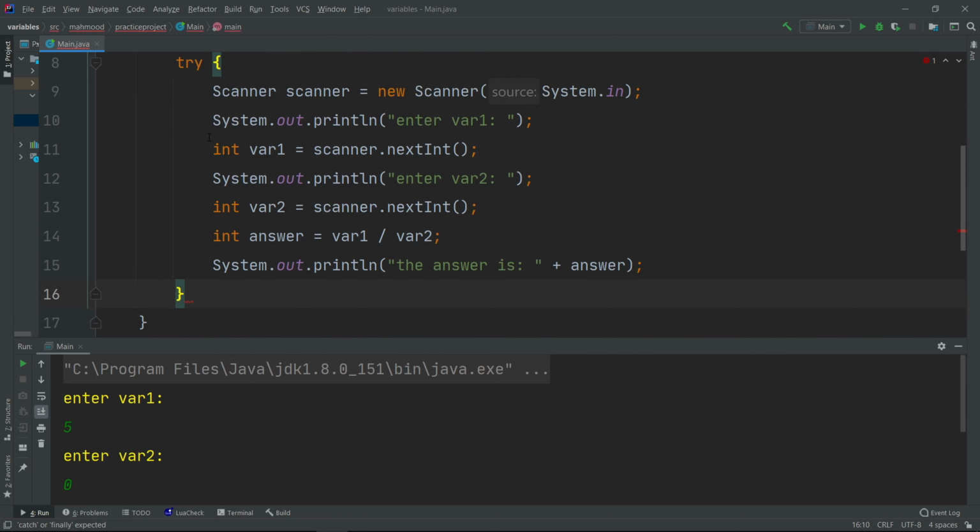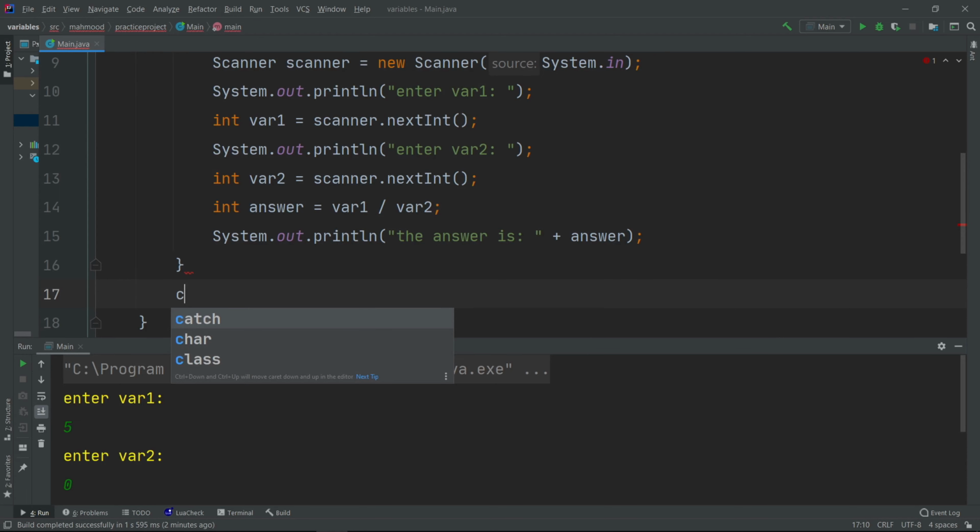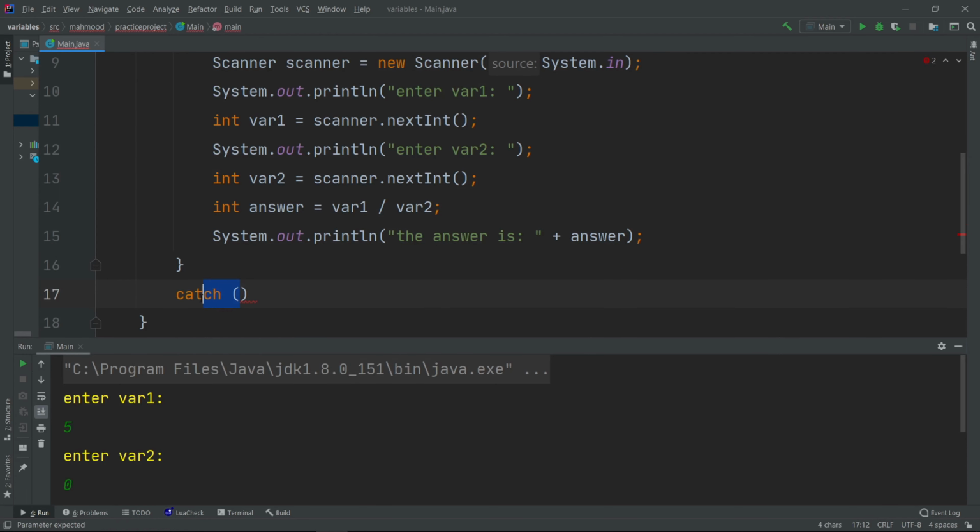Okay, so try, we'll do this here, and then we will catch the error over here. Okay, so we can catch the error inside of